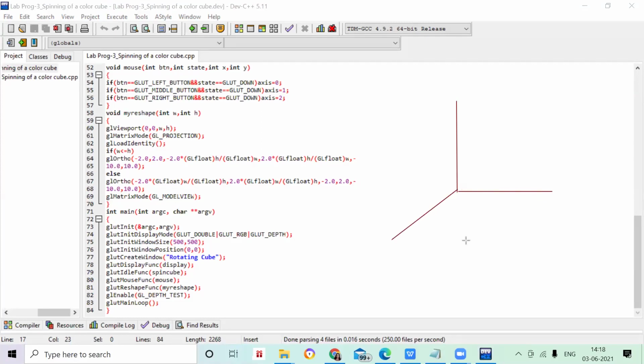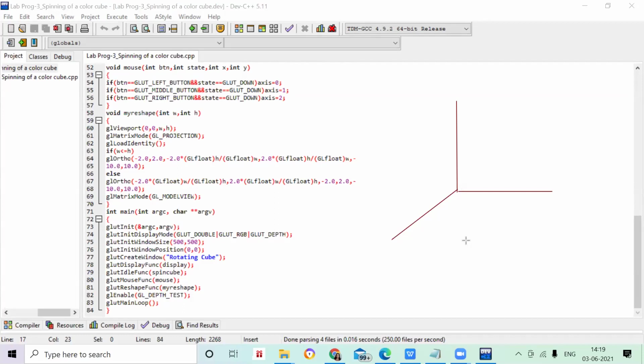By using this way, we used to do all the programming, or we used to draw, or we used to plot always the x, y, and z coordinate system. So today also we are going to do the same thing, and here we are going to use the world coordinate values, the screen coordinate values, and where you want to place the position of your cube, or what size you want to give, everything we are going to see now.